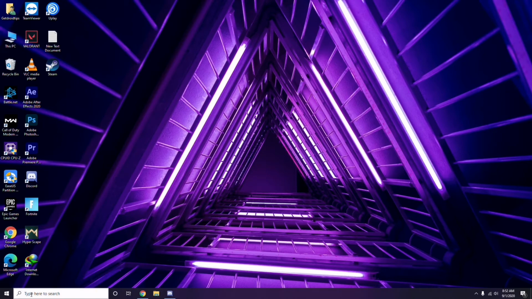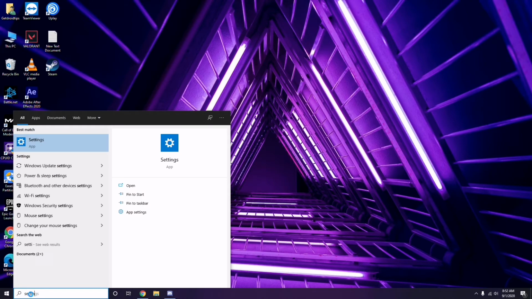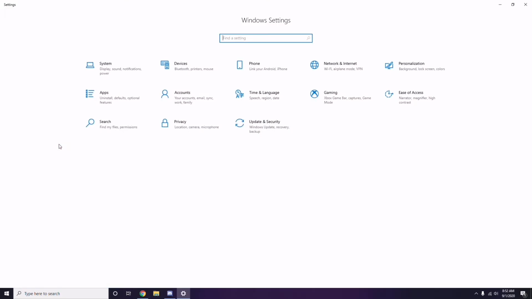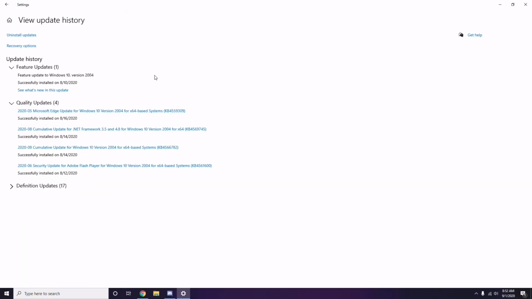So what you have to do is go to the Start menu, search for settings, and go to Settings. From here you have to go to Update and Security. There is an option, Update and Security. Now you have to go for View update history. As you can see, there is an update, for example,